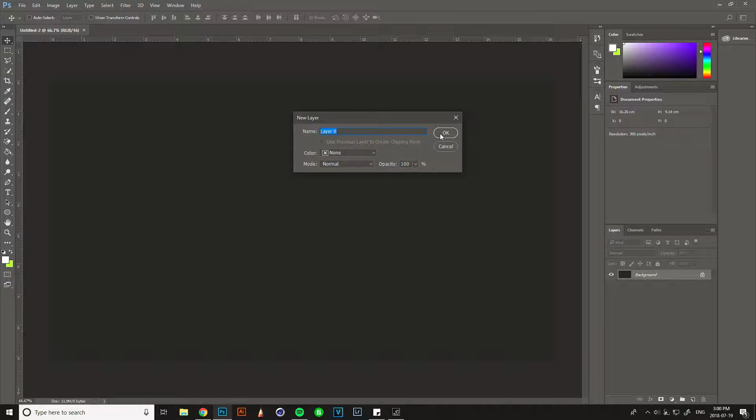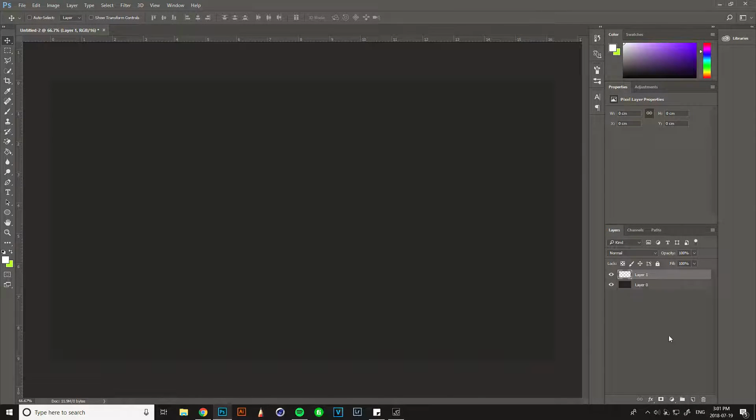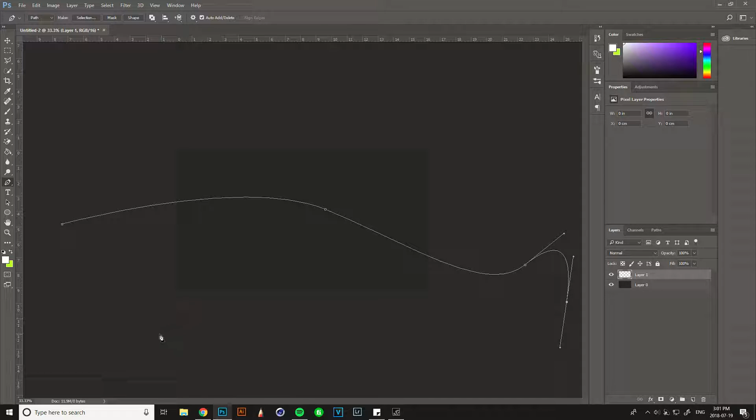Alright, let me just unlock this layer. Now we're going to want to create a new layer. This is where we're going to put the gradient. Once you have that done, we're going to get the pen tool. So I start outside the document. Usually I like to get one inside the middle of the document. Then I'll end one maybe curved down outside of the document, and you want to wrap the whole path all